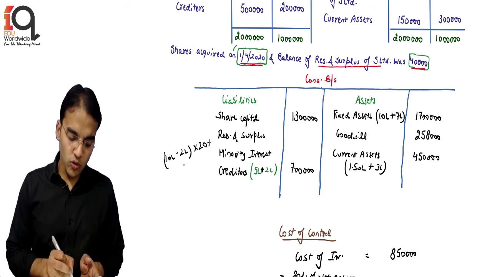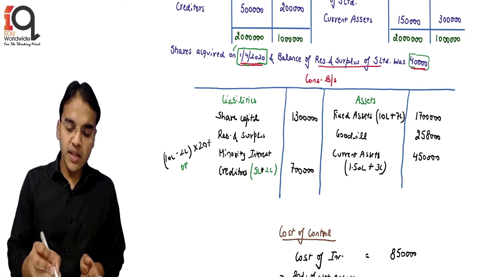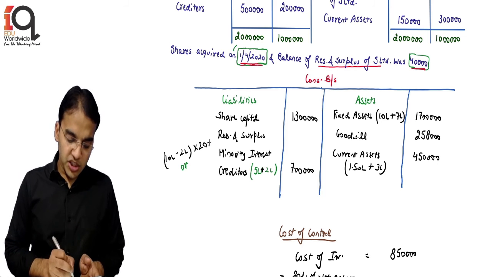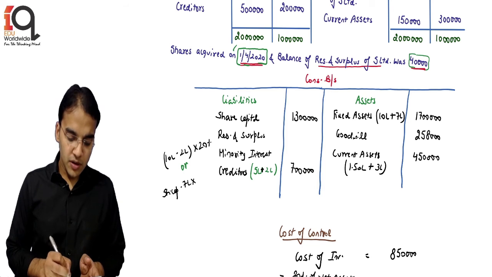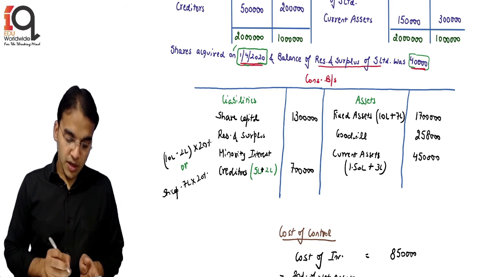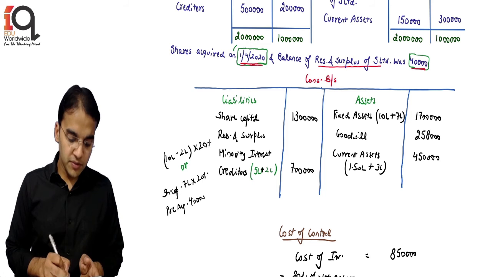Or we can simply do the share capital on that day, which was 7 lakh, 20%. Pre-acquisition profits 40,000 into 20%,